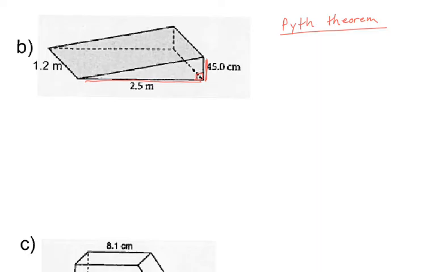So let's do that right away. So we're going to call this x. So we've got x squared, which is our longest side, is equal to 2.5 squared